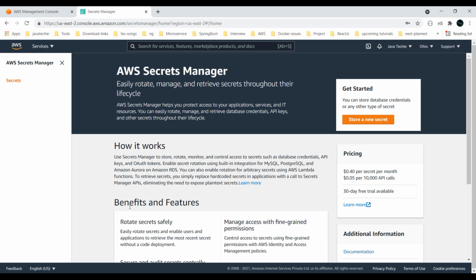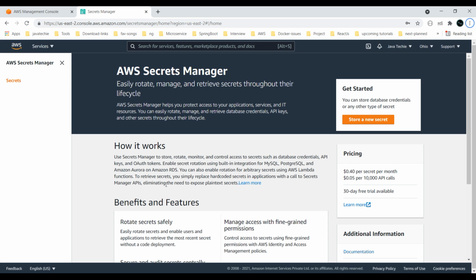So let's deep dive into this AWS Secrets Manager concept and understand the potential advantages of using it. Basically, it is easy to manage the secrets. For example, let's assume you have a large number of applications, or a microservice architecture with n number of applications.